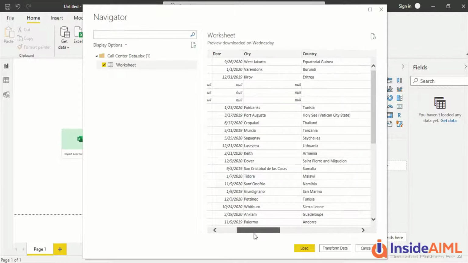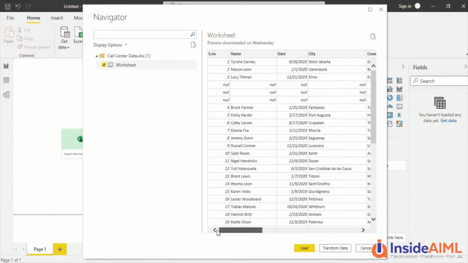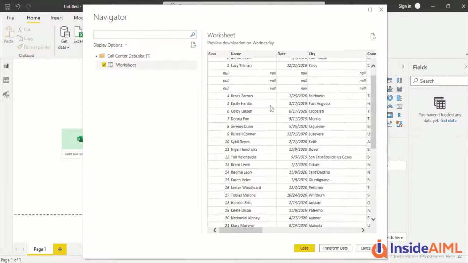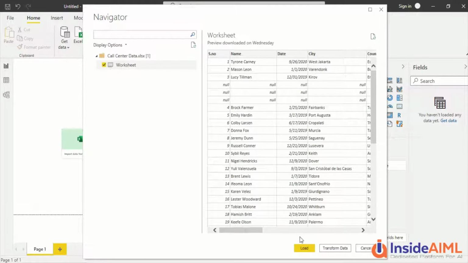Now we have this data, we can preview it, to see whether it looks fine to us or not. Some key rows would be shown. Now I can load the data. I can directly jump into Power Query by clicking on transform data. The first thing we are going to do here is load the data, look at the data, and then transform it.